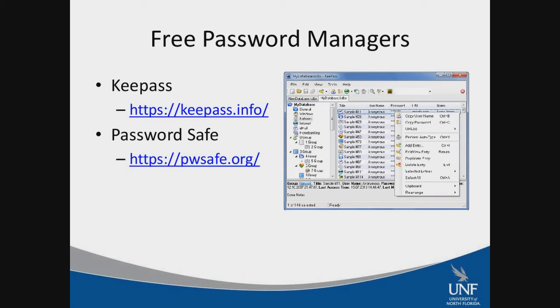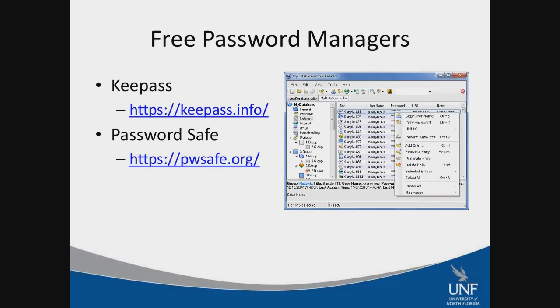You could do tips and tricks like using your OneDrive account or something like that and storing it on there. That way it syncs. But you want to make sure that your OneDrive is secure too, because then you're putting all your passwords out there in the cloud. So you want to consider those type of things as well when you're doing it. But both of these are free solutions.